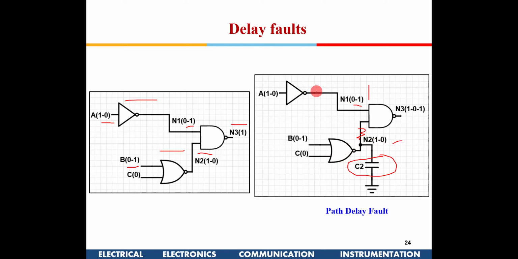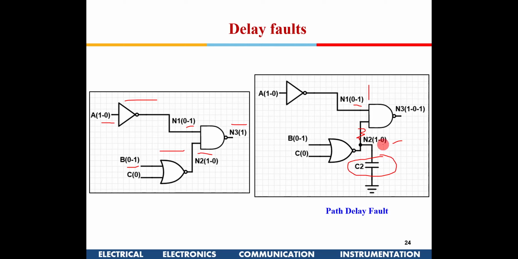Suppose this gate, with respect to this inverter, generally we try and size these transistors. We saw in the last course, VLSI design, that we try and make all gates delay equivalent to that of a unit inverter. But suppose because of this, although theoretically we have designed this to have delay equal to that of a unit inverter, because of fabrication of this extra capacitance which has come here, it has got a higher